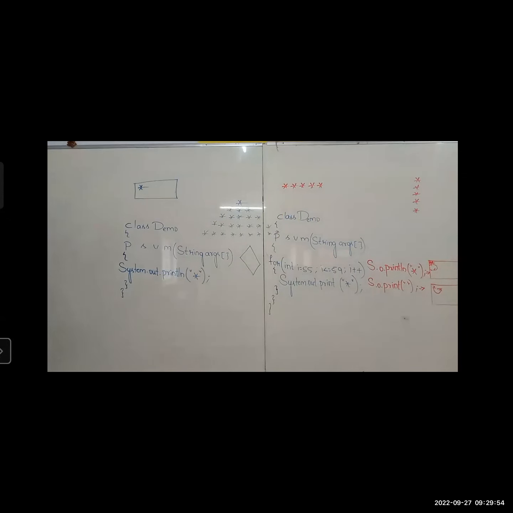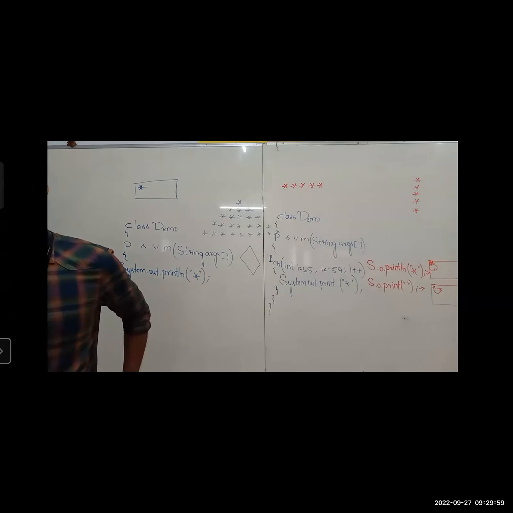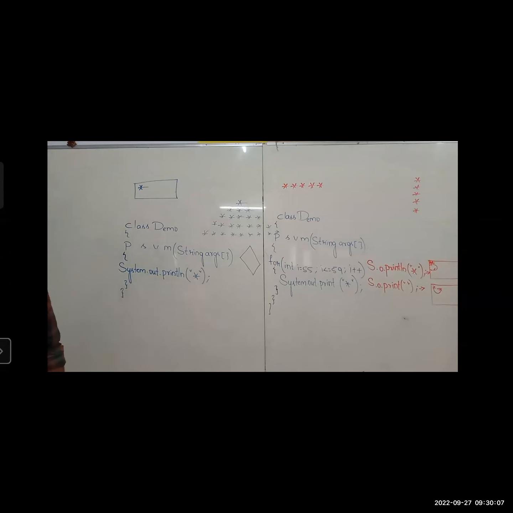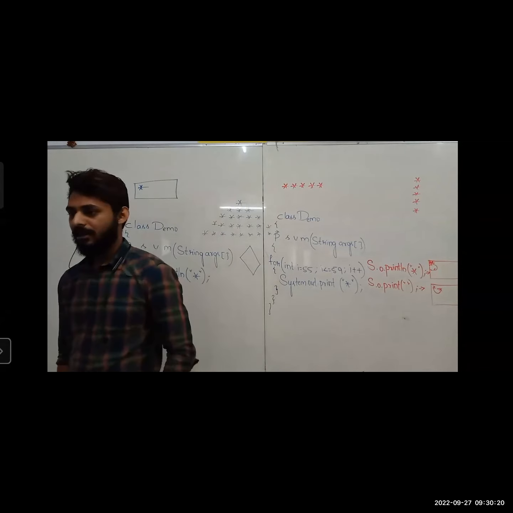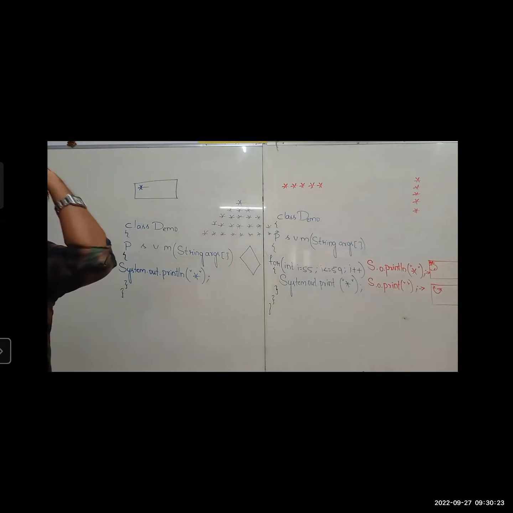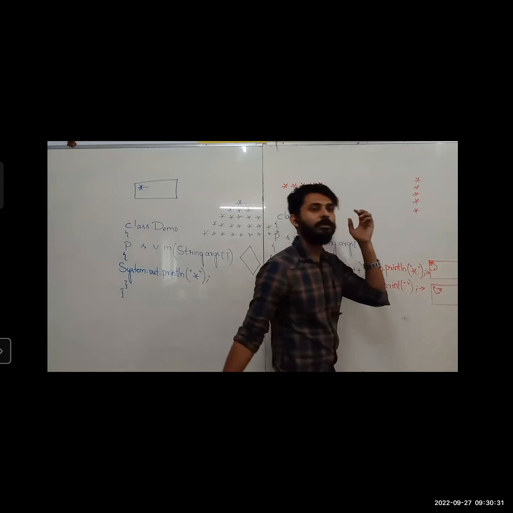Clear, sir. But then why do we write ln before the printing statement, sir? Why do we write the ln before the star? Okay, fine. Listen. Shall we write it after the star also? I got your question. So why should we write ln before the star, sir? Why should we write ln here only? Why can't we write it here? Simple thing.